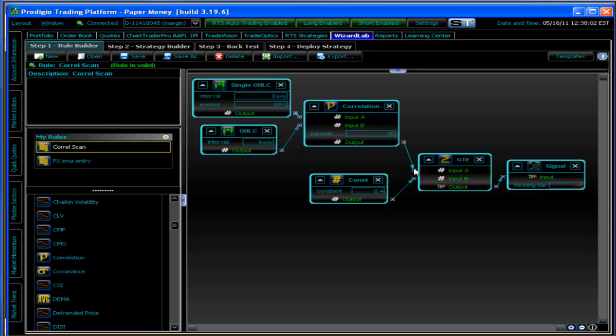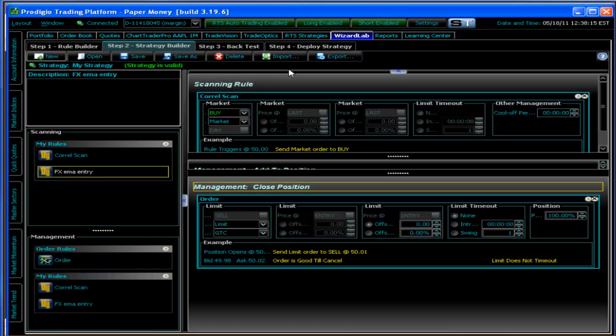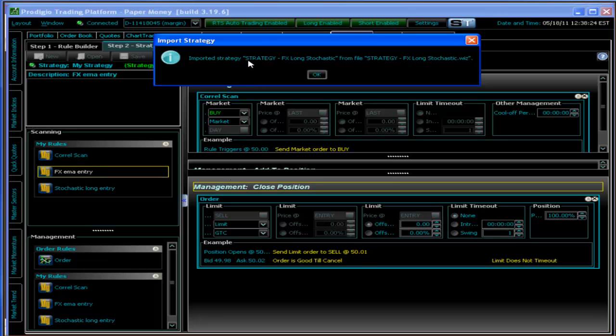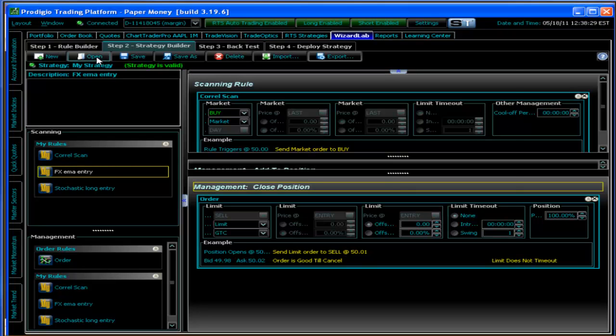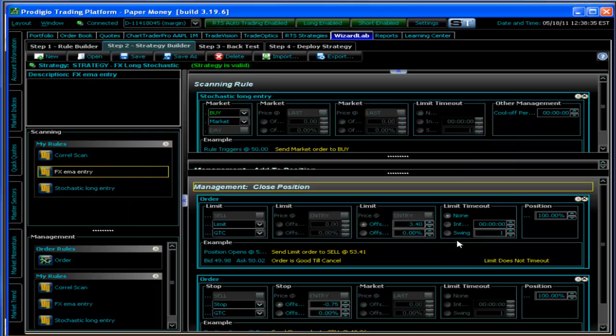So when building rules, and this is the first subject, sometimes these rules can get pretty complicated. This one wasn't so complicated. I think the other one had more rules in it, actually. So I imported that Forex EMA strategy. Let me import the other Shadow Trader rule by going to my Step 2 strategy builder, clicking the import button, and I'll go to strategy, FX long stochastics, and it says it imported that strategy. Let me open it, strategy, FX long stochastic,